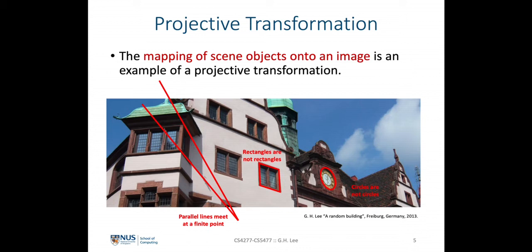In particular, for example, in this picture here, we can see that this pair of lines is in fact parallel lines in the 3D world, which should not meet, in this particular building over here. But when it's projected onto an image, it has undergone some form of projective transformation, and we can see that the pair of lines actually meet at a certain point here, at a finite point